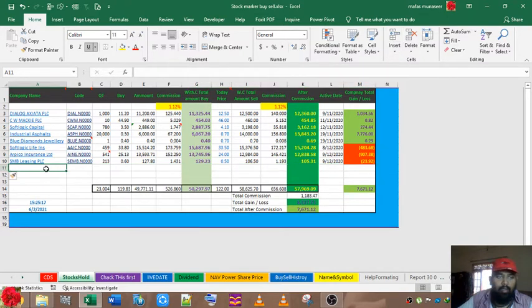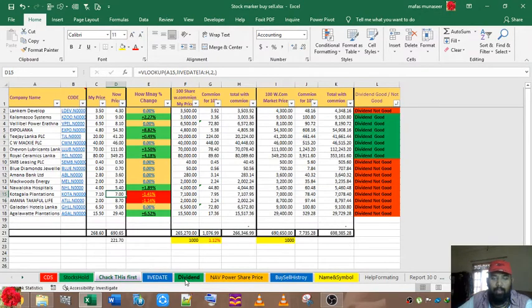For example, whichever company shares you are going to buy. For some reason I can't insert the CSE website company list directly into my Excel sheet, which is a problem for me.